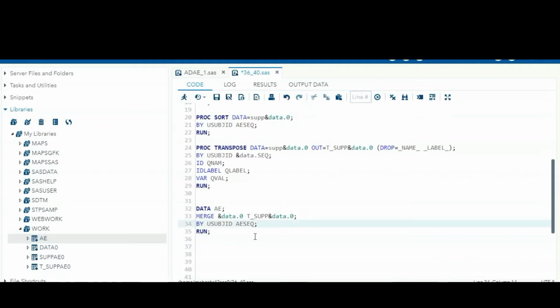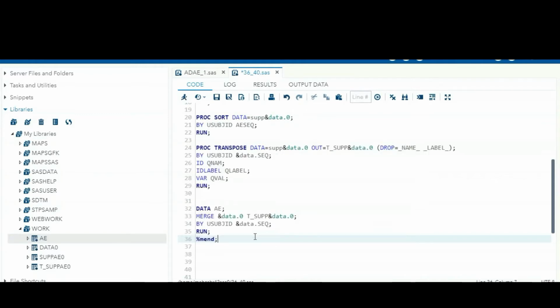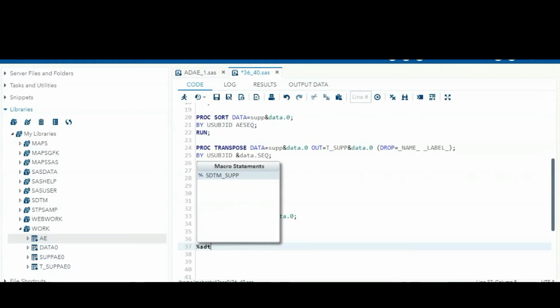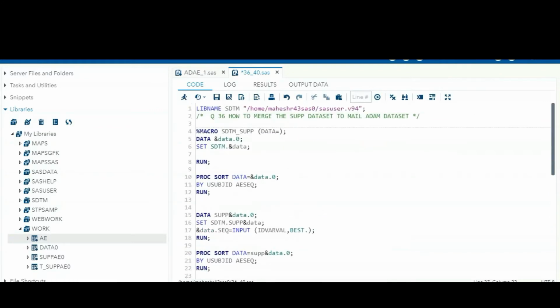So here also ampersand data dot sequence. Then percentage mend, and calling the macro. What macro are we calling? Percentage SDTM underscore sub. Which dataset are we calling? Data equal to AE. Check once again.